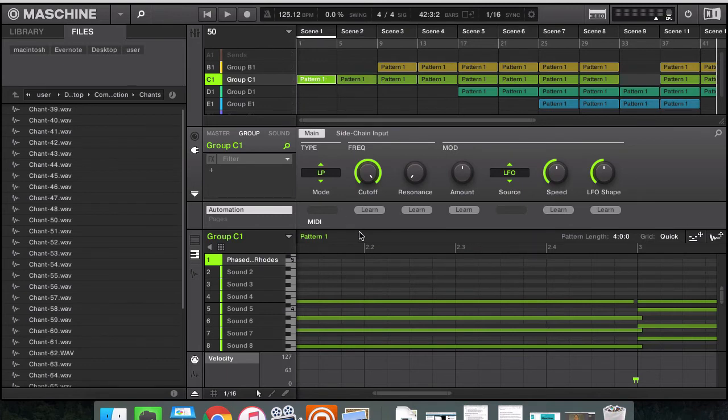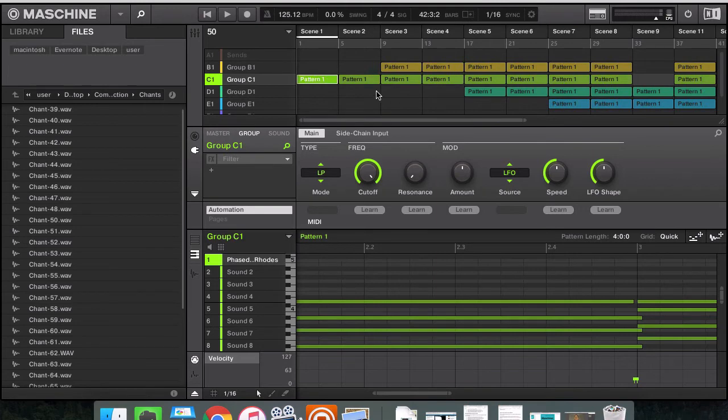So what I'm going to do is duplicate this original pattern. As you can see, I've got the same pattern tracked out across every single placement within the mix. So I'm going to duplicate this and create a second version of this pattern in which I'm going to utilize that filter technique. I'm going to use it right there. And I'm going to just record this and automate this